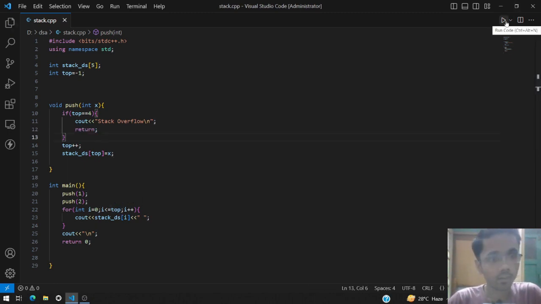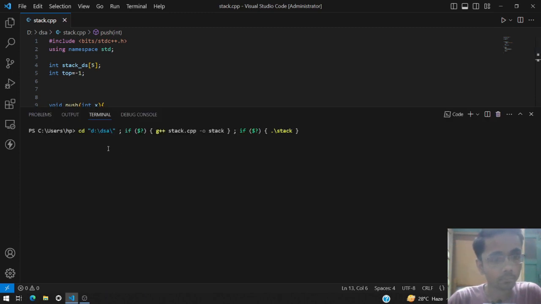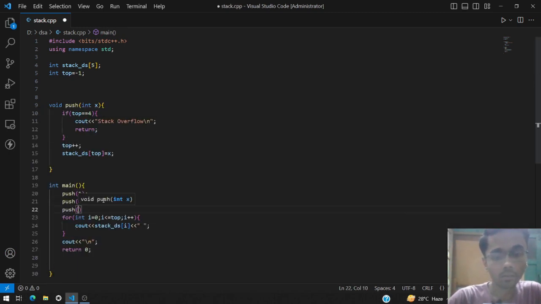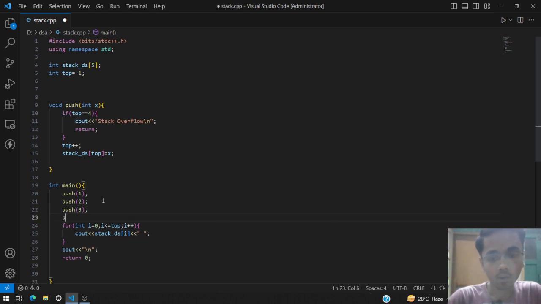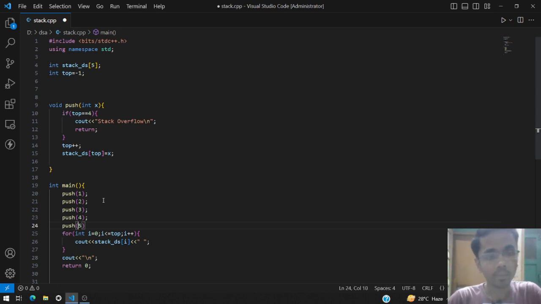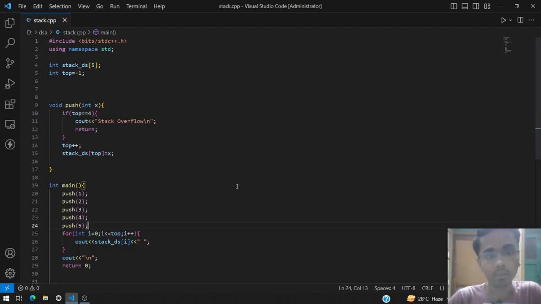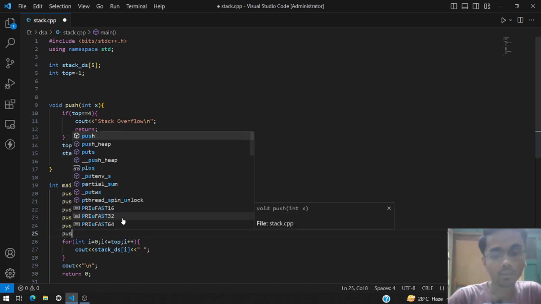So let us try to run and see if this is working. So as you can see, the 2 elements got inserted. Let us insert more elements to see the stack overflow condition. So this is the last limit of our stack, we can only have 5 elements, so it should display till now. So yeah, again you can see all the elements are displayed, but now if I insert the 6th element,